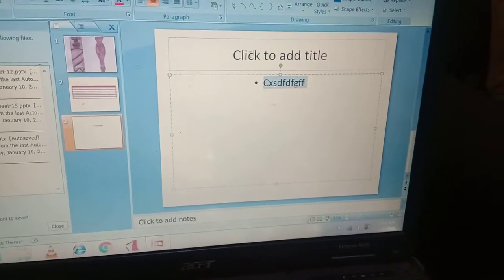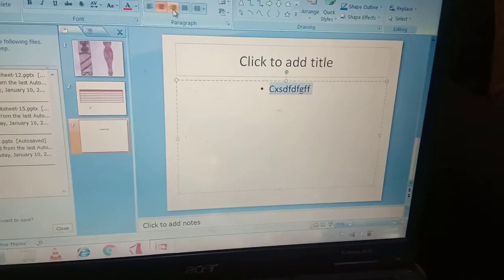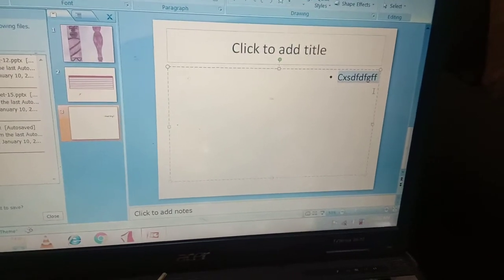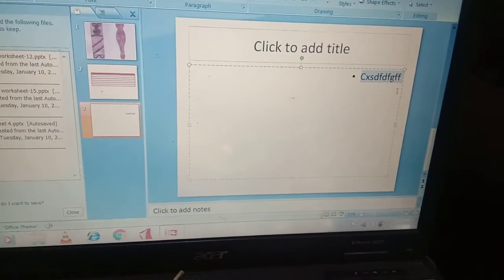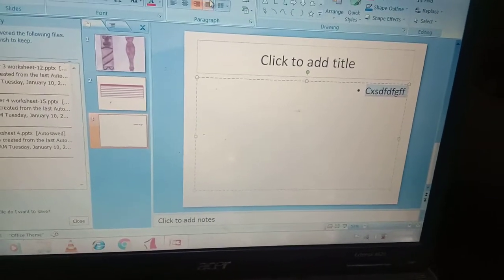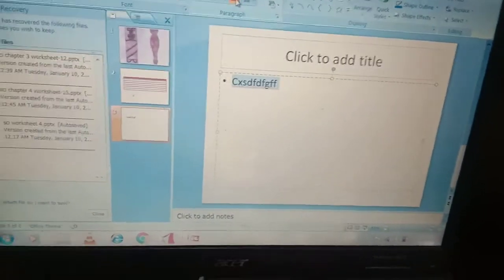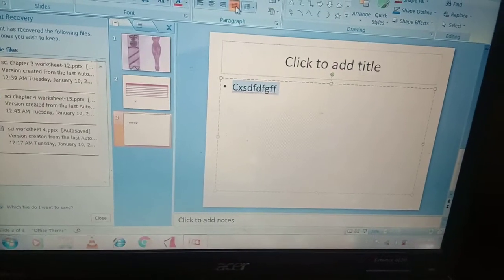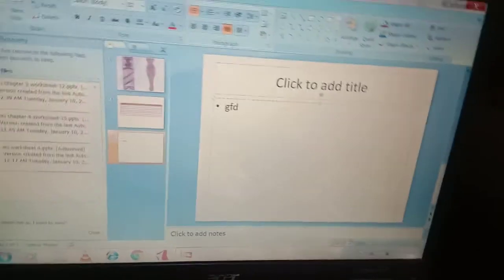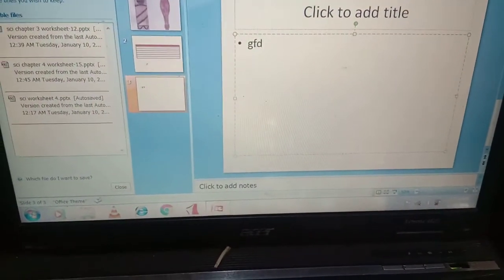The next one is right alignment, where the text will shift towards the right side of the window or the slide. And one more is justify. Justify is a type of alignment where the left and right margins are equal.